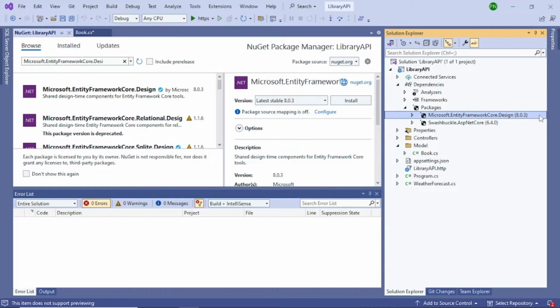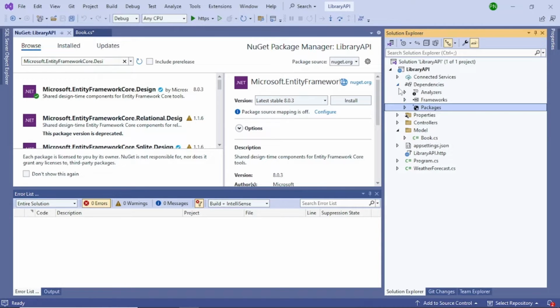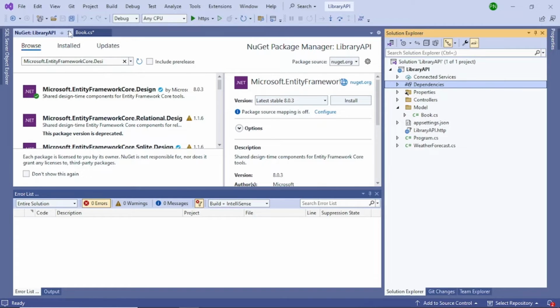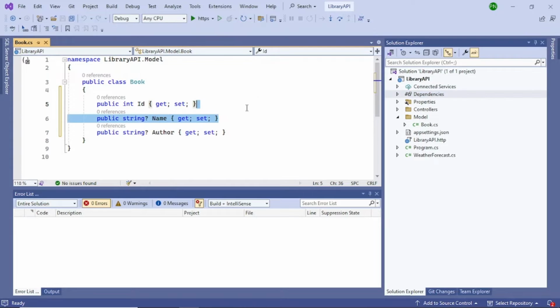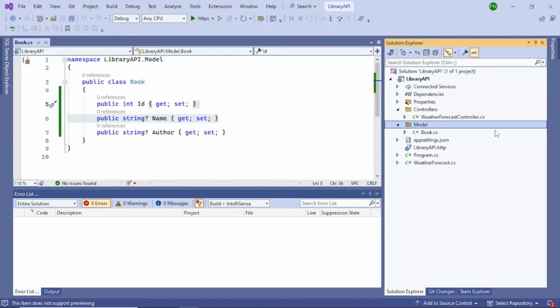So you can see this latest version has been installed here, right? So the next step is, close this NuGet package window. Now this is done. So now we need to add a controller class. Okay, so the controller is our entry point, which will basically list all the endpoints in the controller